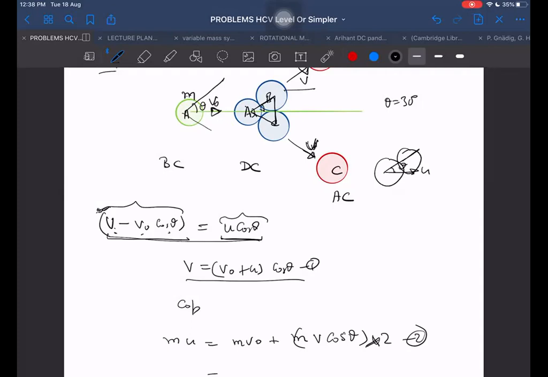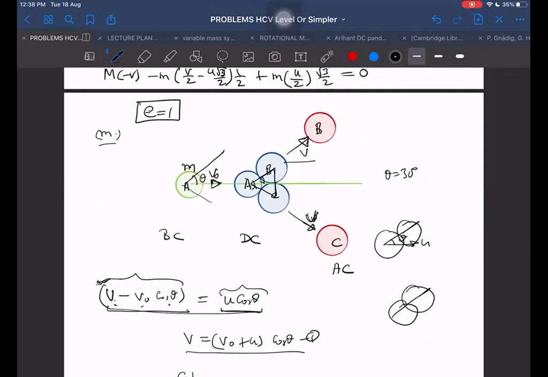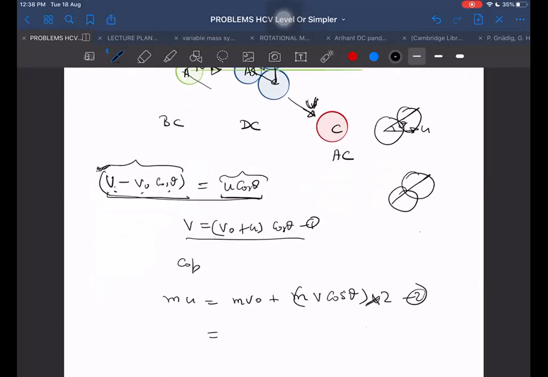Why u cos theta? Because we have to take the velocity of approach along the normal. I think you are taking the velocity of approach as u. We have to take the velocity of approach along the line of impact. This is the line of impact of one body, and similarly for the other body symmetrically on the other side. Along the velocity u, I have to take the component along that line. I cannot take just u itself, but along the line in which the collision is taking place.